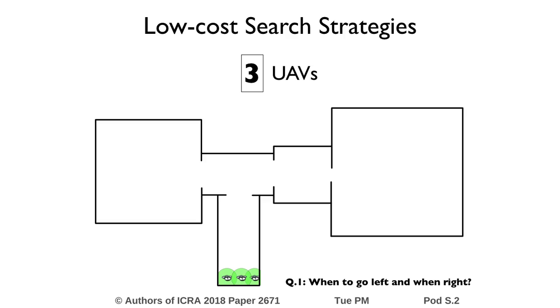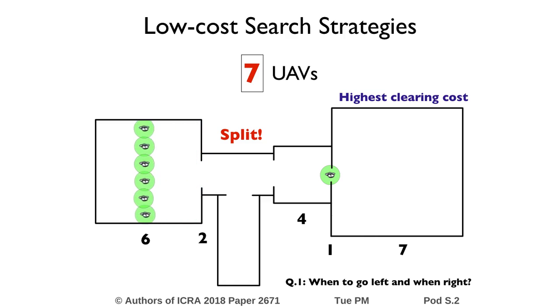To give you a sense of the problem, let's look at how an optimal strategy might be executed. You have 3 robots on a line clearing the bottom part. At the intersection, they need 3 more robots to split into the left, and they continue onto the left and right towards the most narrow part. Now we have to choose where to continue. They're continuing on the right first, move to the narrow part, then clear the left with the remaining robots. Now you need 7 robots to finish that last step, and then on the right hand side they clear the